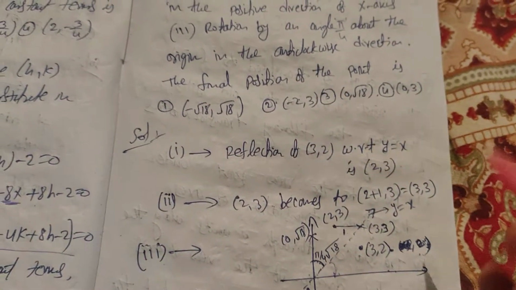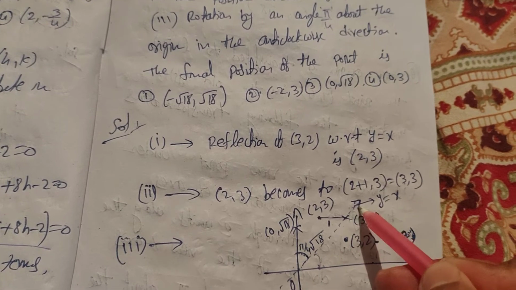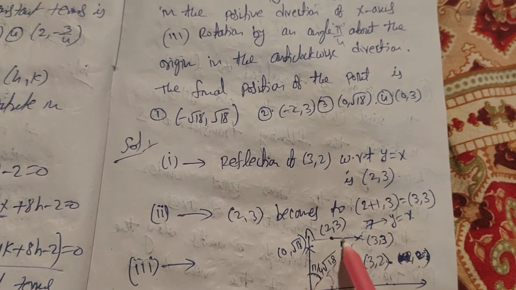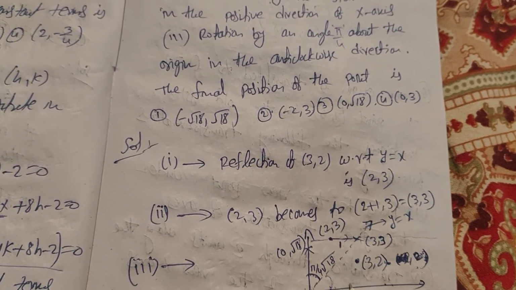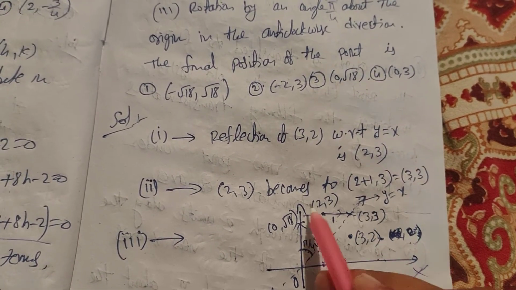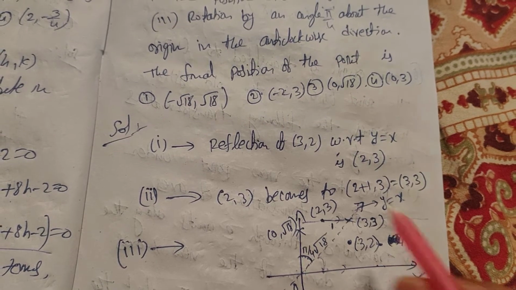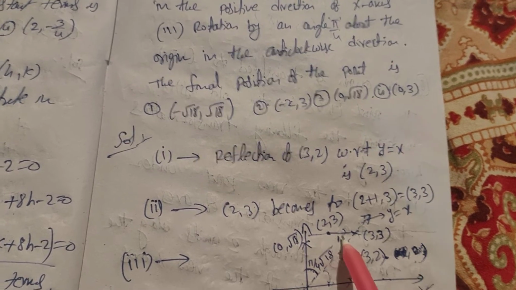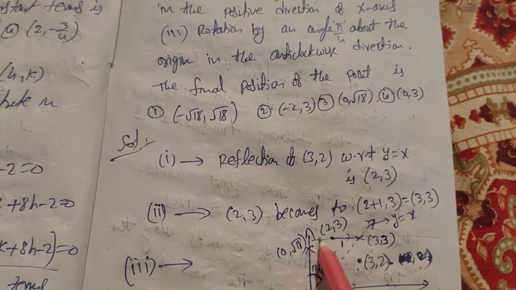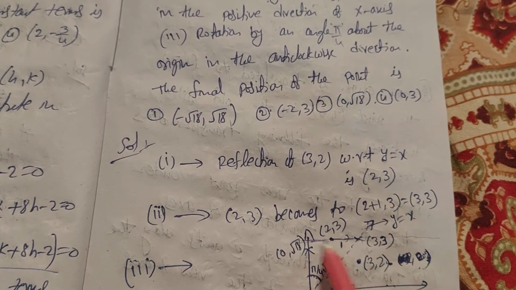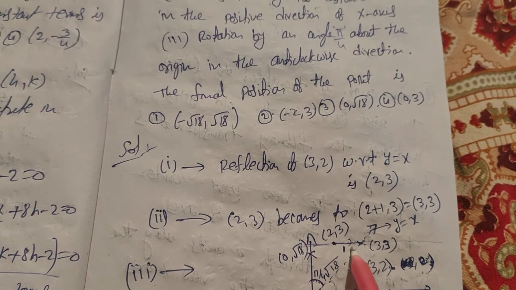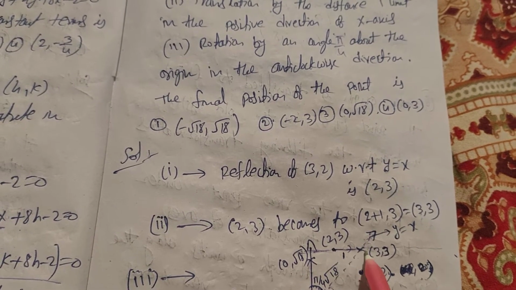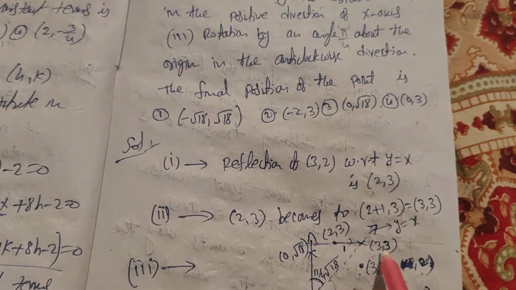So I will explain. This is the line y equal to x. About this line y equal to x, (3, 2) changes to (2, 3), and from this there is a line parallel to the x-axis, you understand. Now this point is moving to the right side by 1 unit, that means in the positive direction of the x-axis. On this line parallel to the x-axis, the y coordinate is fixed. Wherever you take a point on this line, y is always 3. So this point moves 1 unit, that means 2 plus 1 is equal to 3, giving (3, 3).